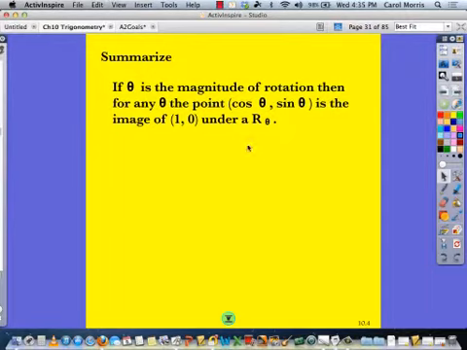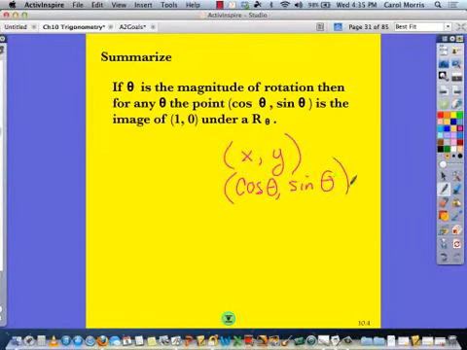rotation of theta degrees. Now, when I say cosine of theta, sine of theta, we learned that always previously we were graphing x, y on that coordinate plane. Well, now we found on the unit circle that the cosine lines up with the x value and the sine lines up with the y value, and they are actually one and the same. So when we go back to our picture